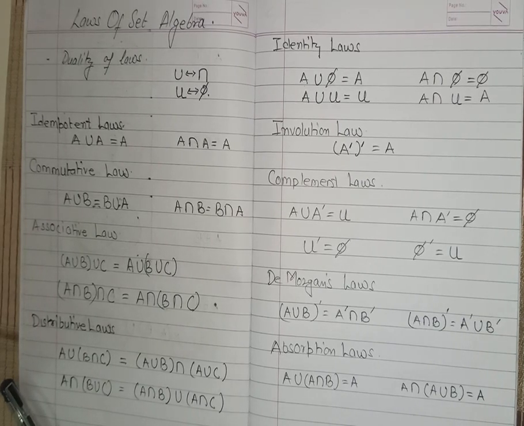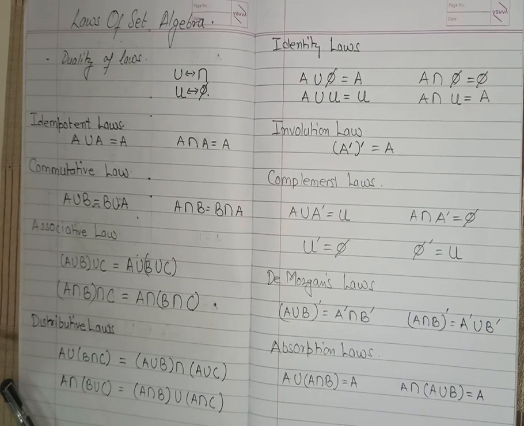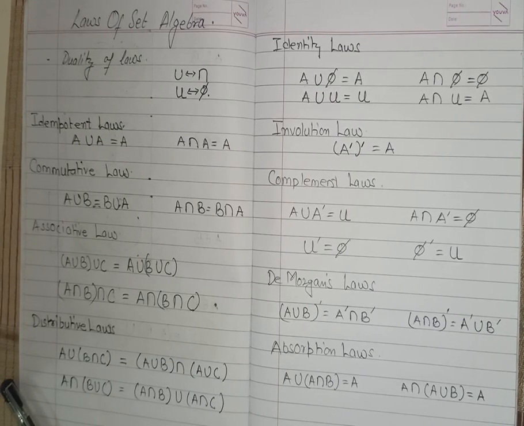You must have seen the various shopping offers: buy one get one free, buy one get two free, buy one get three free. Now this is a similar kind of offer. You study the laws of set algebra and you will get a number of laws free. The same laws with different symbols will be used in Boolean algebra, which you will be studying in your logic design.